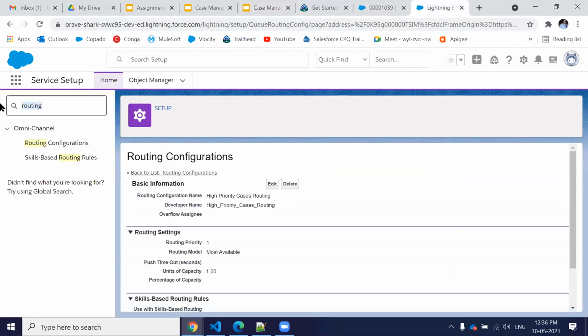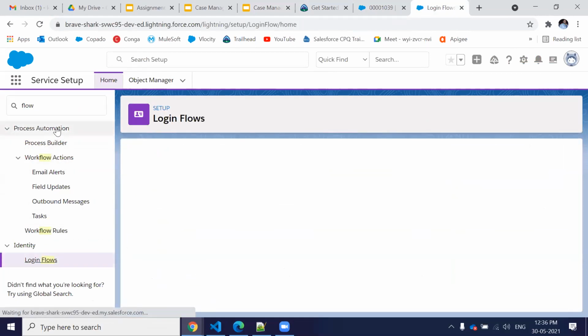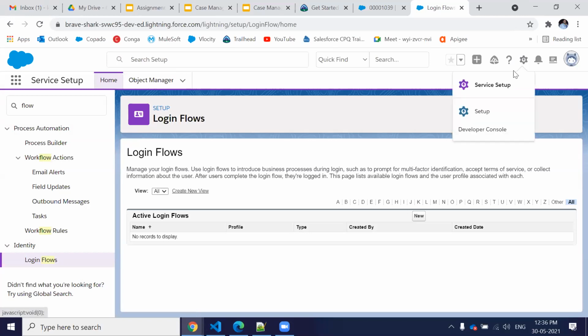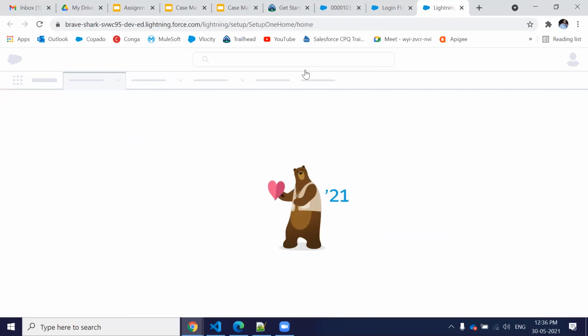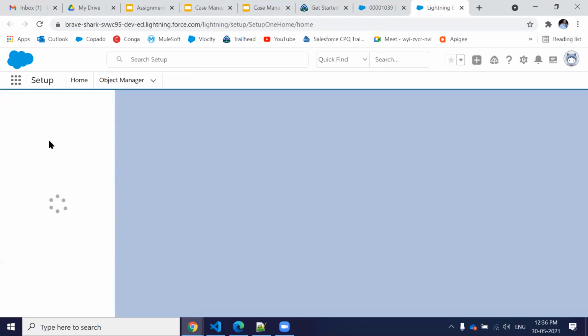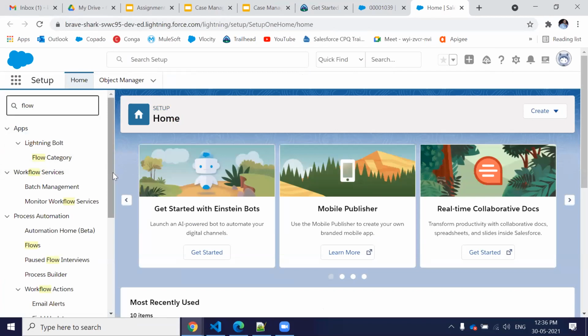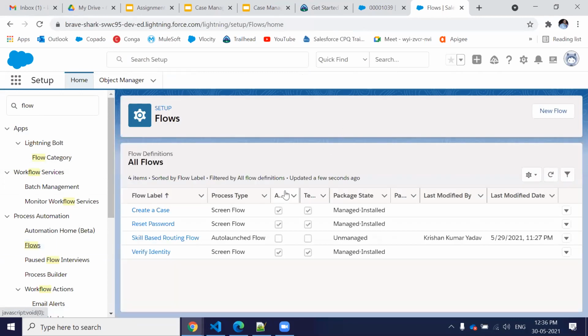So let's just look for the flow. Oh, one second, let me just go to the setup. It's a flow. I already created a skill based flow.